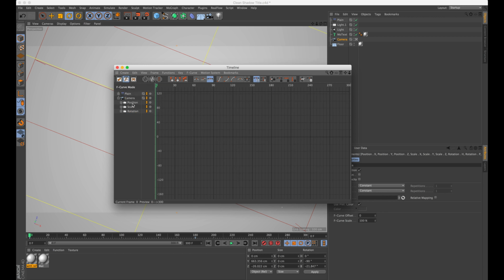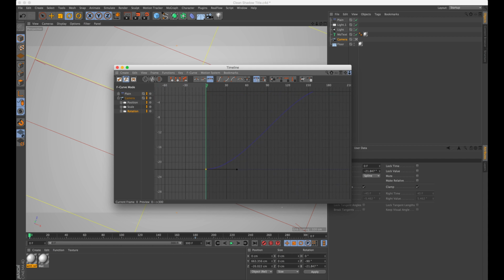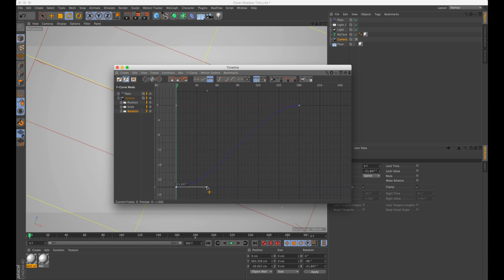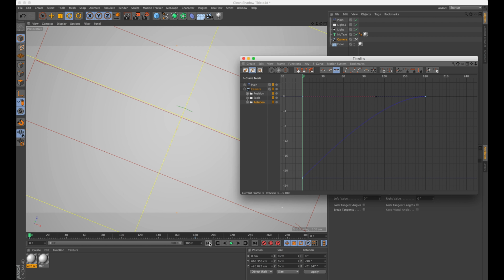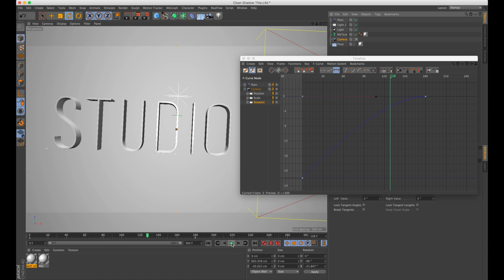And for position and for rotation, you can see there's a curve here. So what I will do is I will choose this curve, and let's zoom in to really see the curve. It's hard to see because it's blue, but what you're going to do is change the curve to go straight up, and extend this slightly out, so at the end, when it's coming to an end, it does it at a slower rate. So if you start playing it now, you can see that it starts curving,